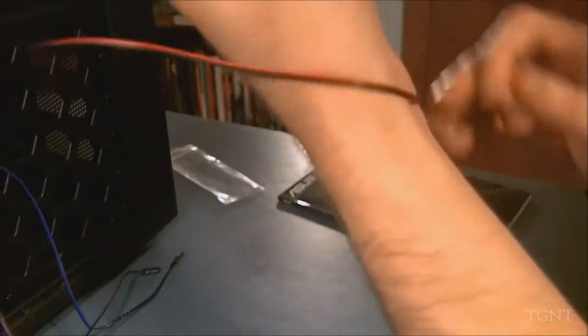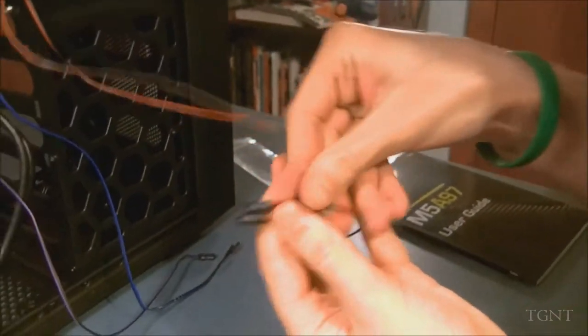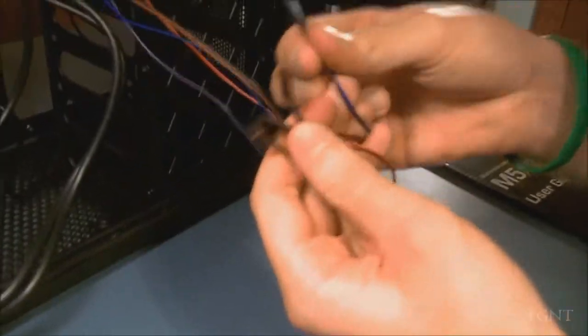These are for the front panel. The power switch, the hard drive LED, the reset switch, and your on-off LED. They go right here. Just gotta make sure we read the instructions on this one so we don't hook it up backwards